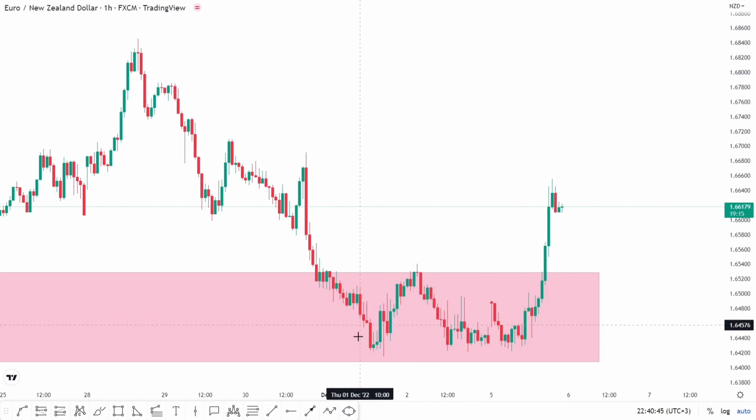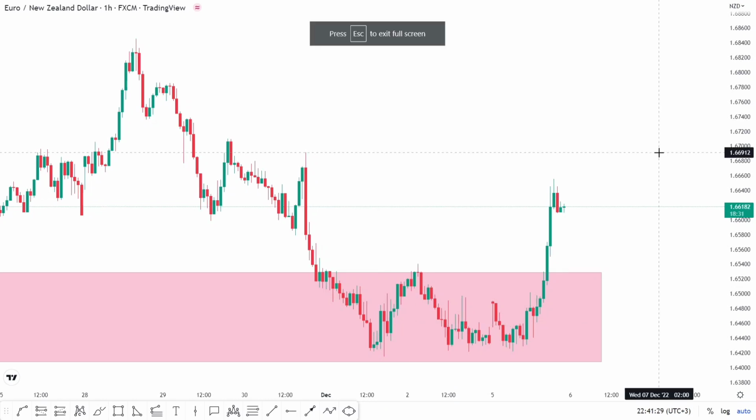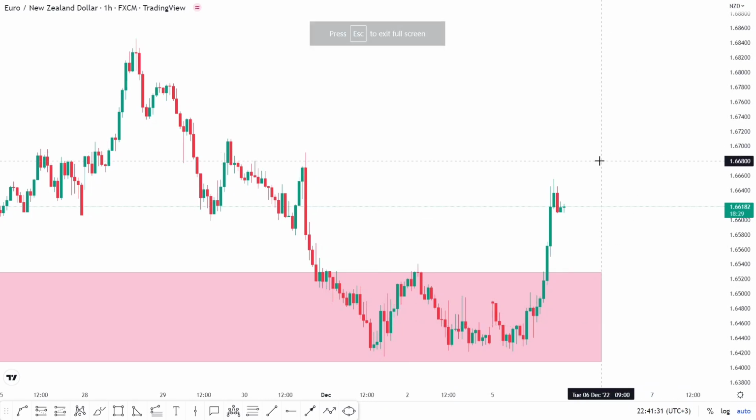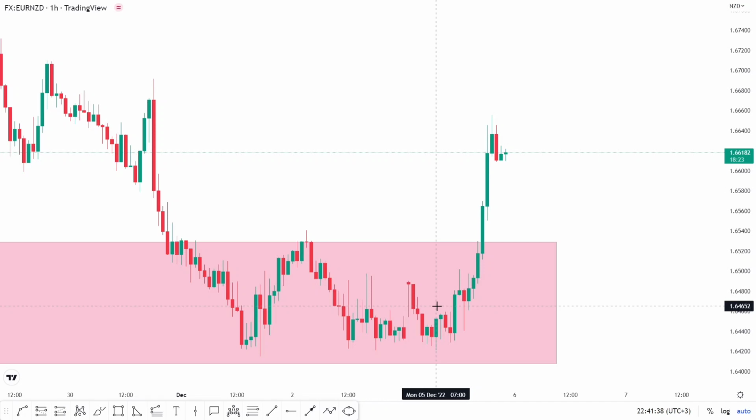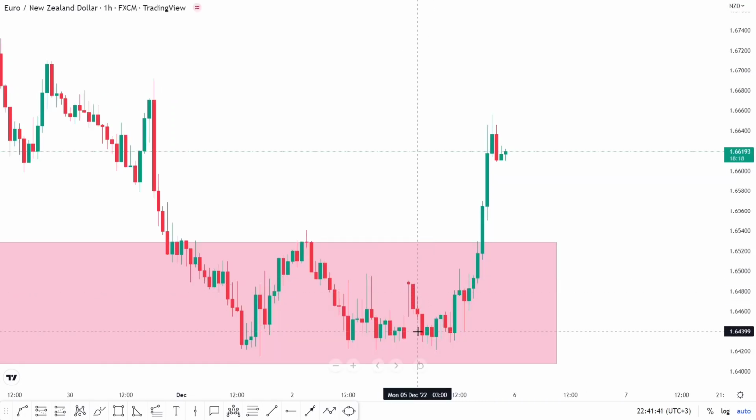Also, I wasn't very certain of this trade. So whenever I'm not sure of a trade, I'm always patient enough to wait for further confirmation. As I always say, patience goes a long way if you want to find a very good trading setup. So I was patient, then we come to Monday. The market price opened on Monday, and then we have price dropping.